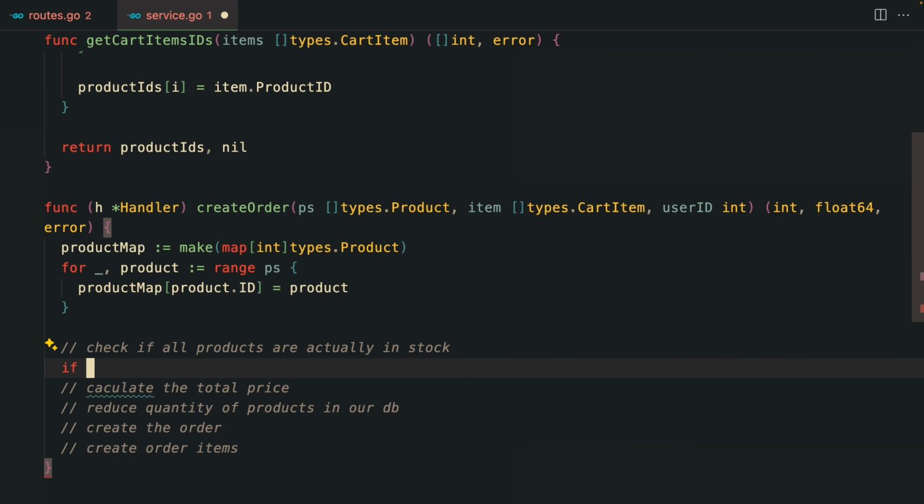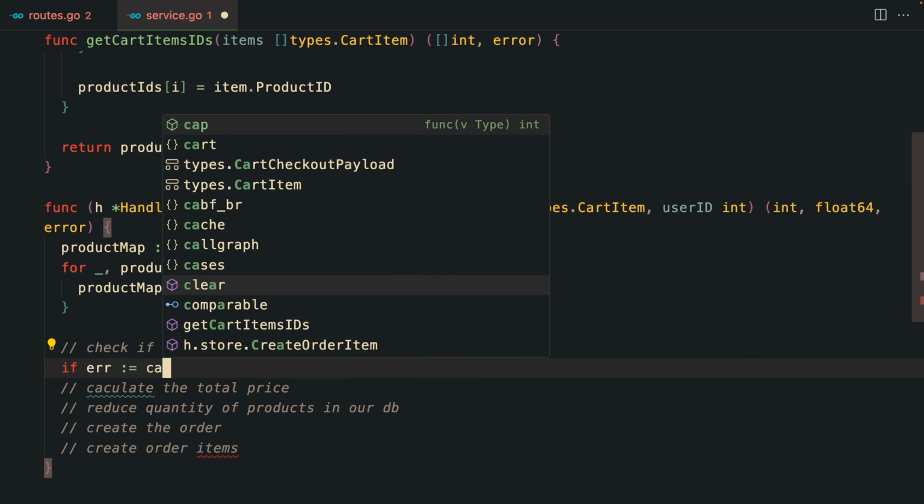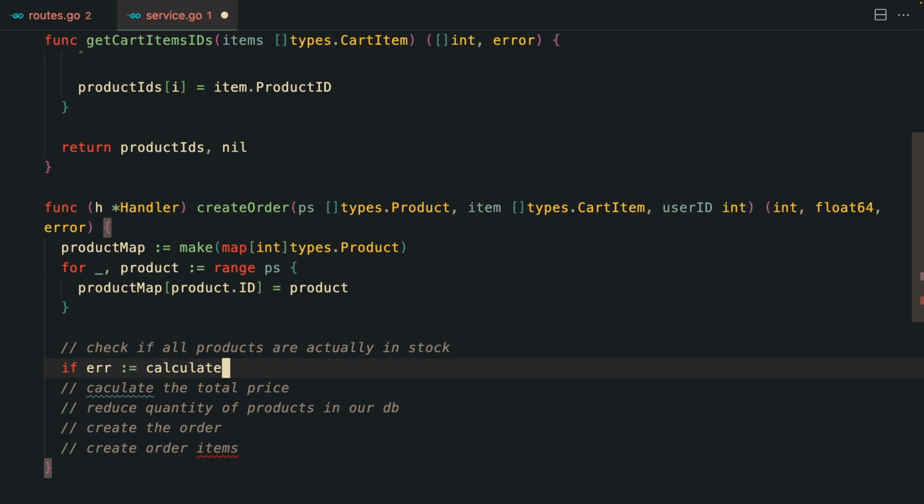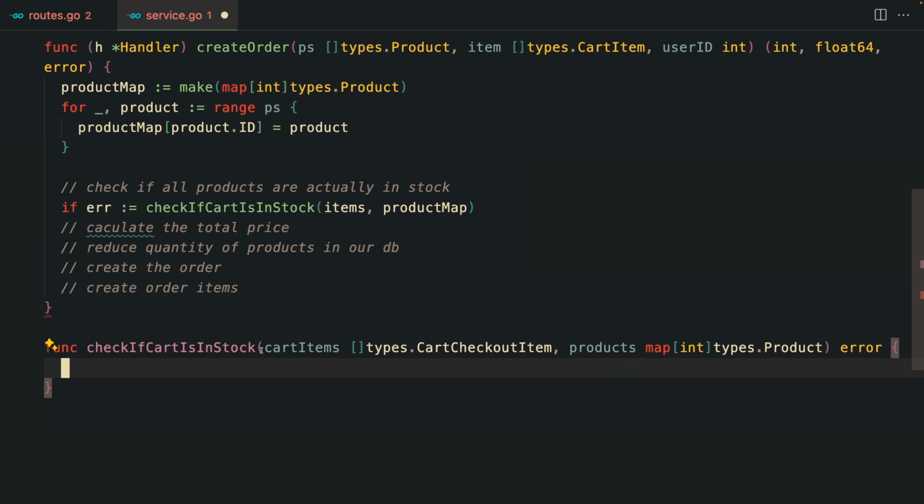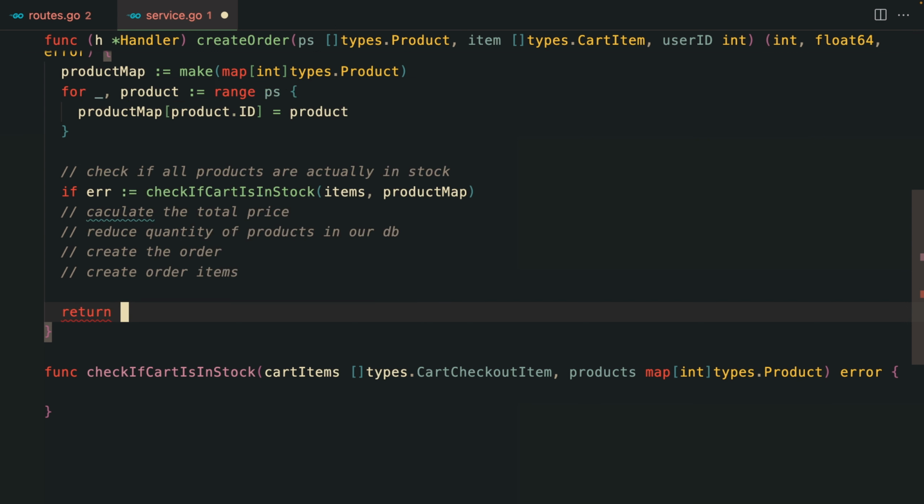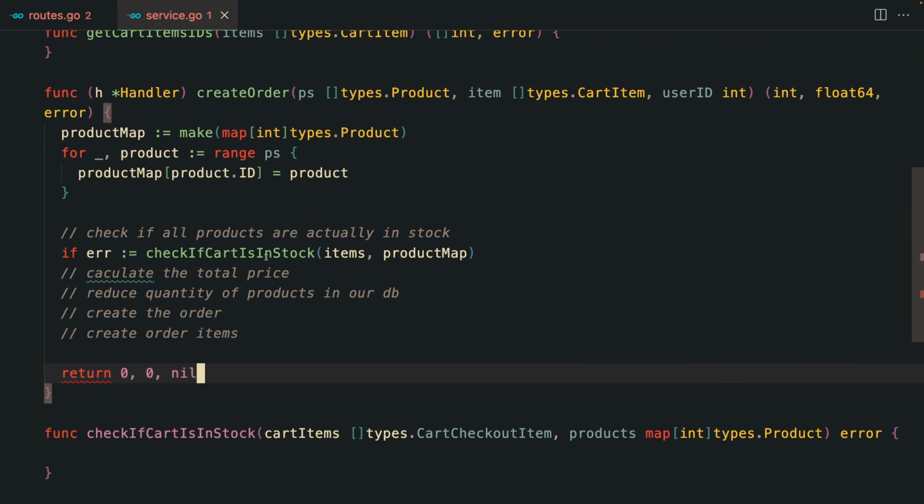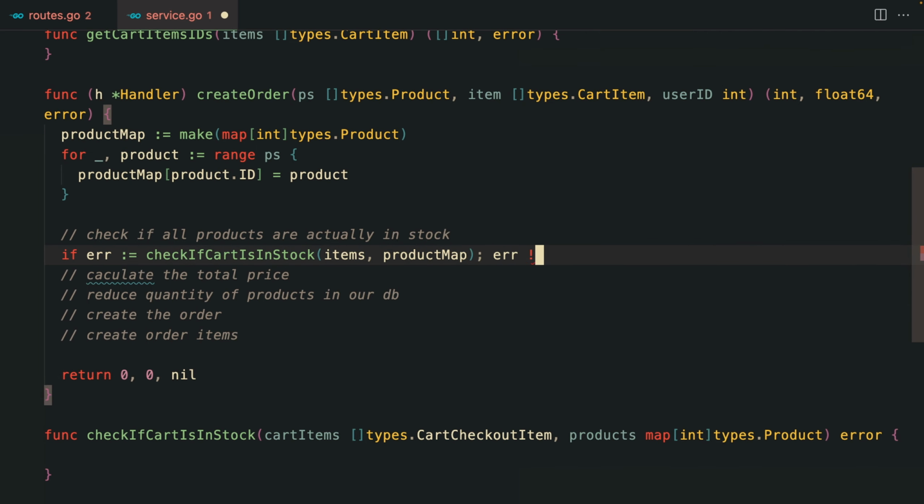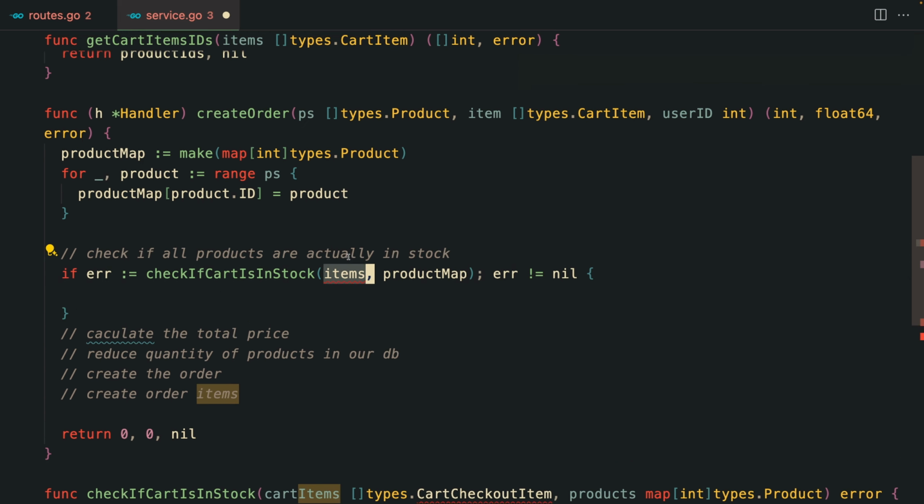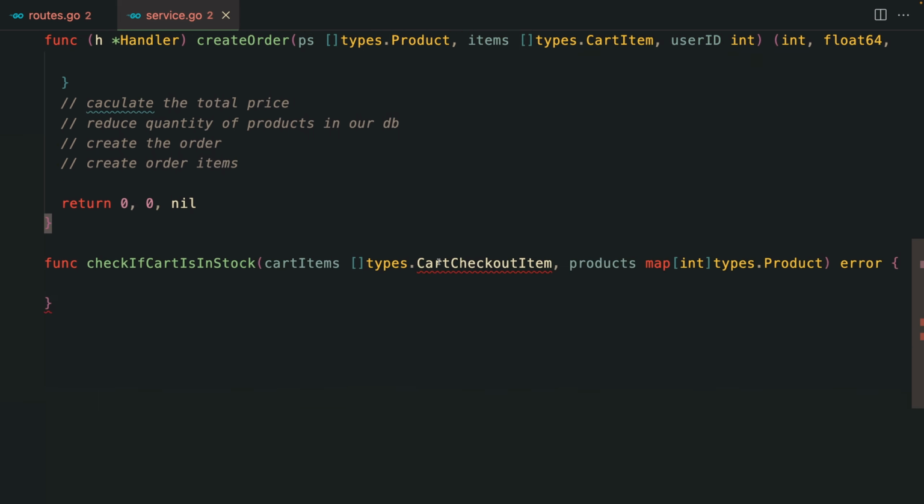Now the first step, let's create a new small function, calculate, or actually checkIfCartIsInStock, something like this. We pass in the cart items and the products map. So let me just create this function below. So here is the signature of the function. Let me just return 0, 0, and nil, just so it stops throwing the errors. That's because I need to fill this up really quick, like so. And here it is wrong, it's items. Okay, so I have